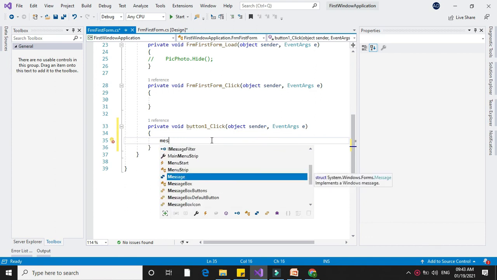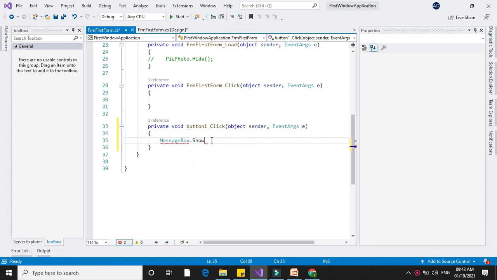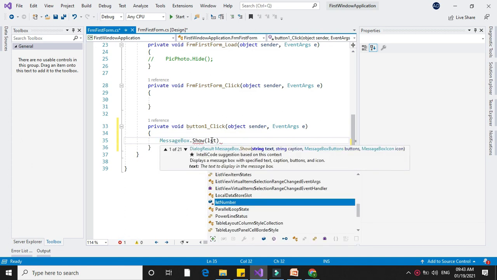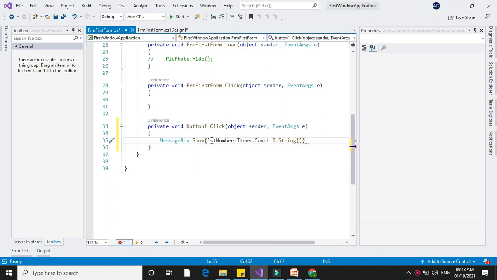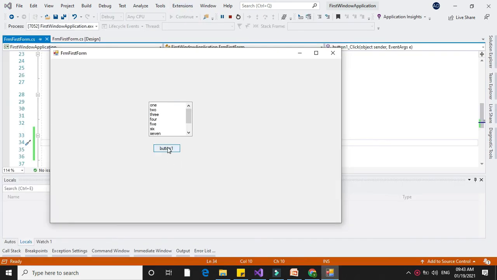So in MessageBox.Show, the list box name, that is lstNumber.Items.Count.ToString. Since we can display only string data in a message box, I will convert it using ToString. When I execute and click the button, it will display count 10. That is, we have added 10 items in the list box.